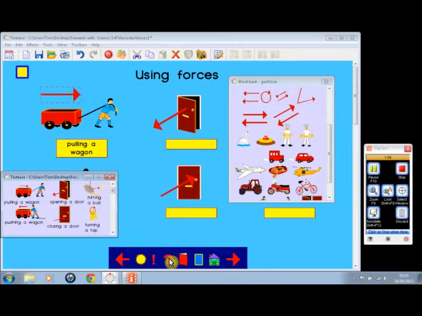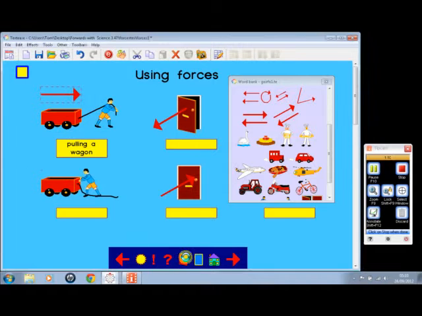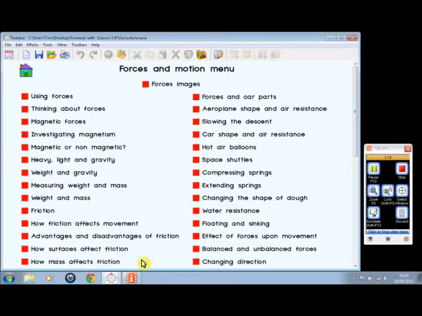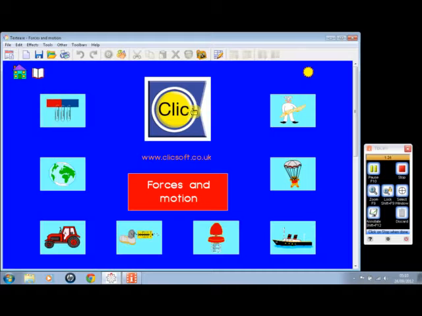This is the support button. This is the research button. We've seen that one before. That is the home button. And this one here will open the full menu. We'll come back to that one in a moment, but if we go back there now and we just show you a few of these screens,